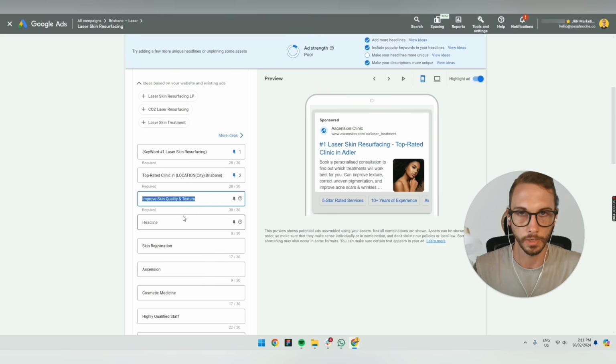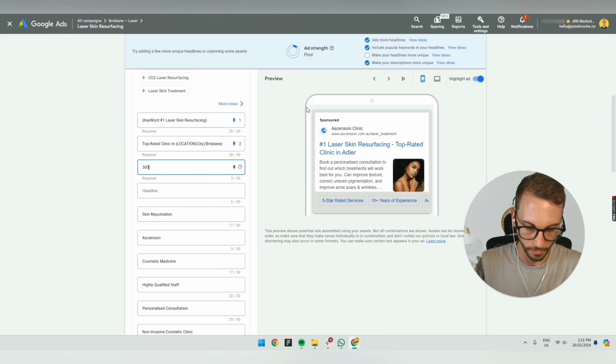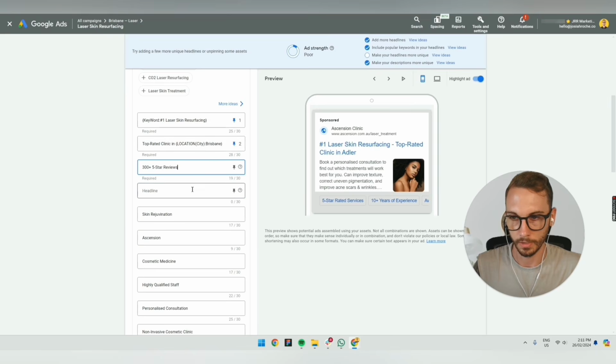And then you can just go through the client's website. You can go through how many reviews and things they've done. You could say like 500 plus 5-star reviews. And then add,